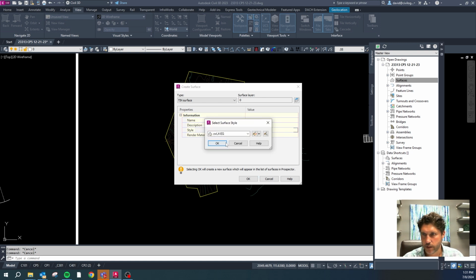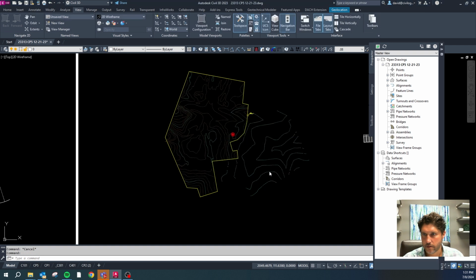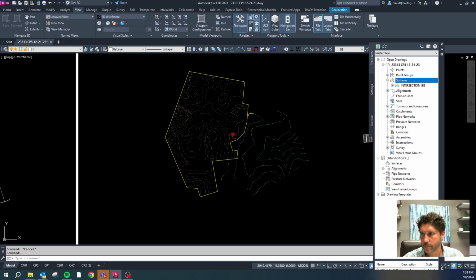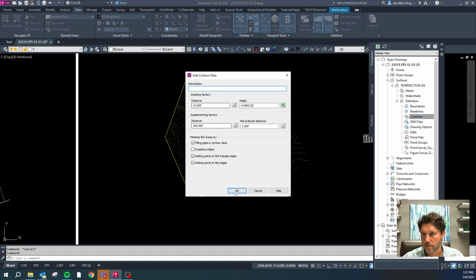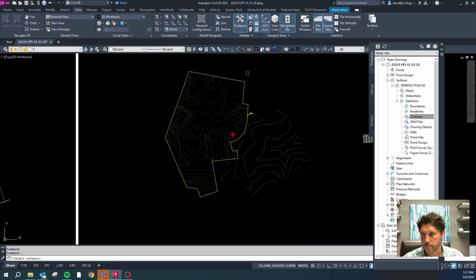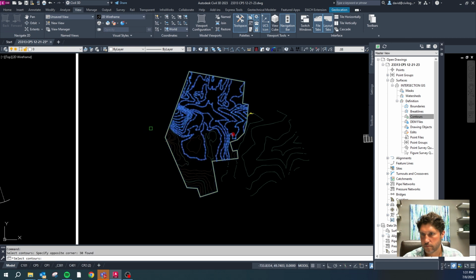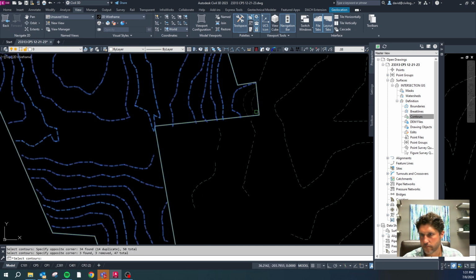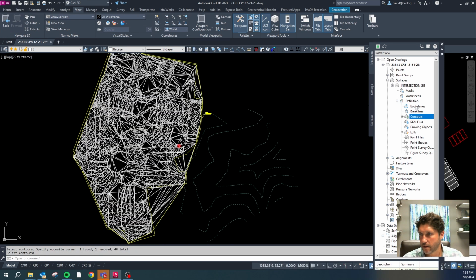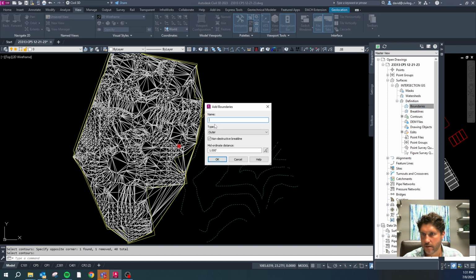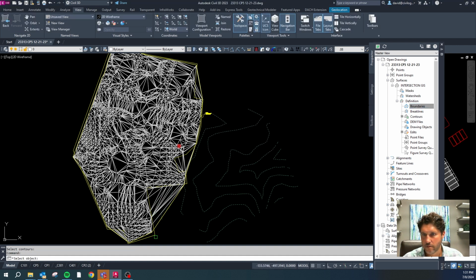Style is going to be an EG surface, and then we're going to add some contours. Alright, I think I've gotten all that, and then let's add a boundary. Going to be that guy,